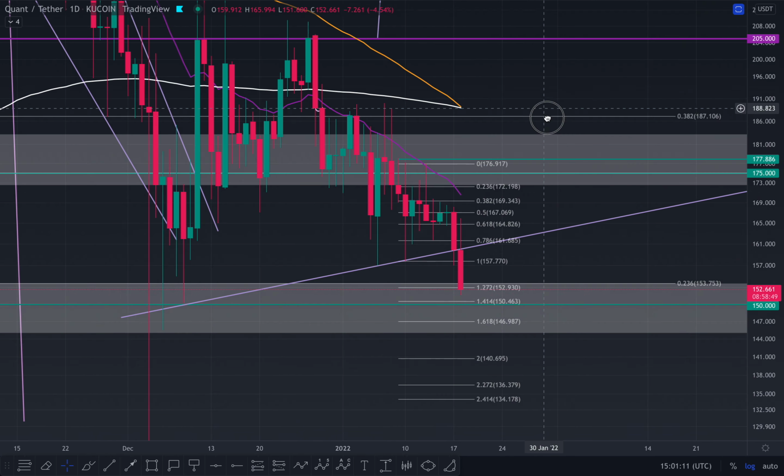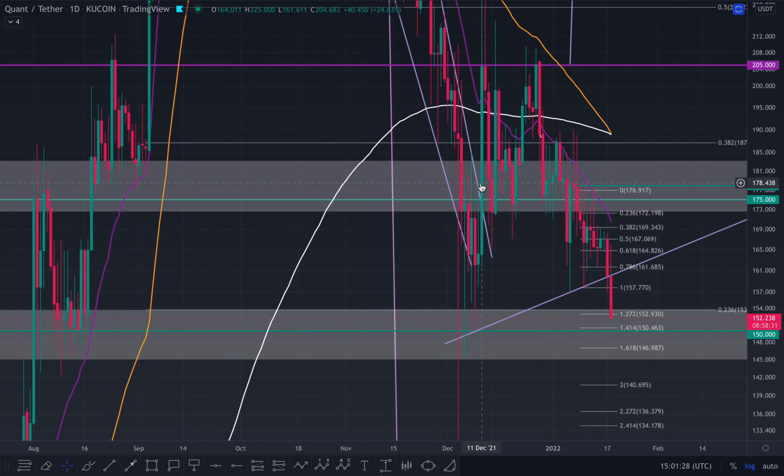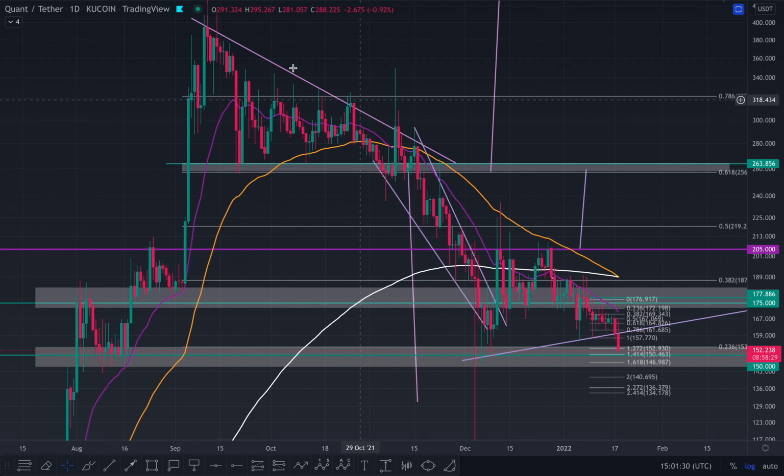If we look at the EMAs as well, everyone's going to say, oh, what about this death cross with the 55 crossing the 200? I'm not too fussed about that, just because we know if Bitcoin wants to go up, then this would get invalidated and it would go up as well. But looking at the EMAs at the moment, we have to say that we are in a downtrend. Of course, we've known this for a while. We were all aware of it since this descending triangle which I gave out to you guys.